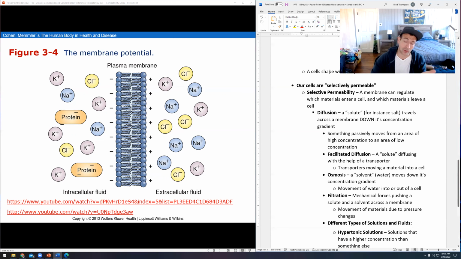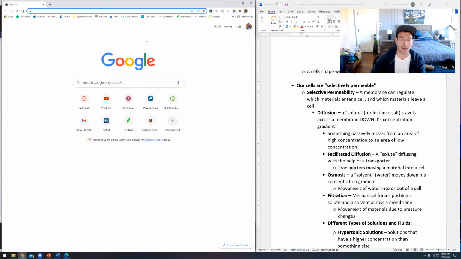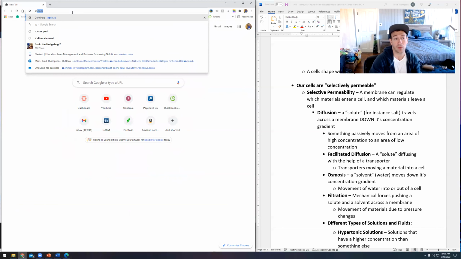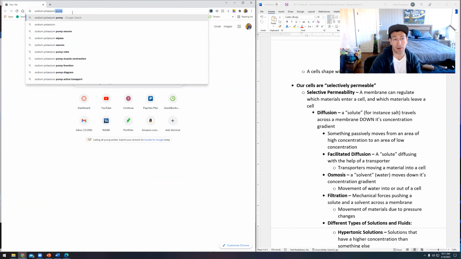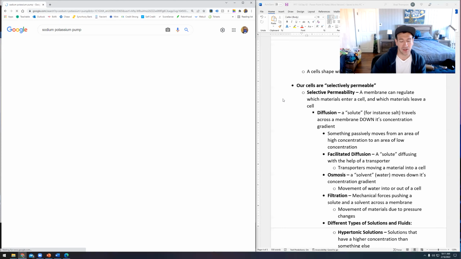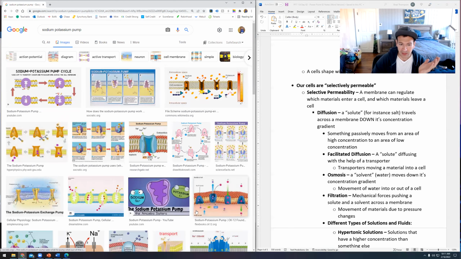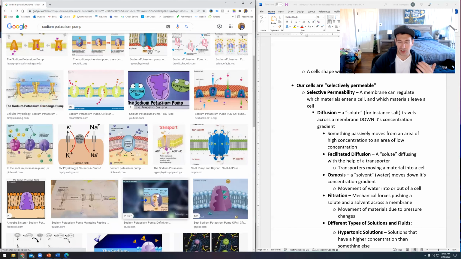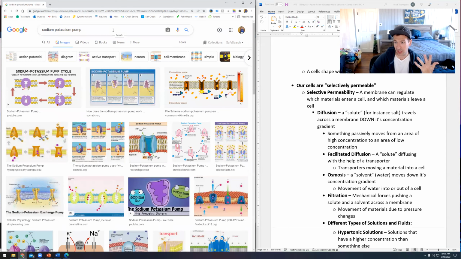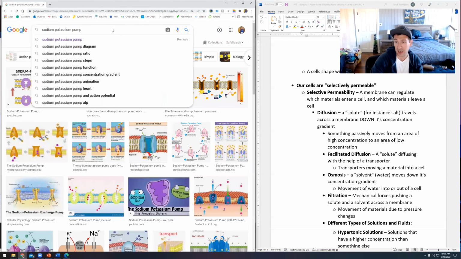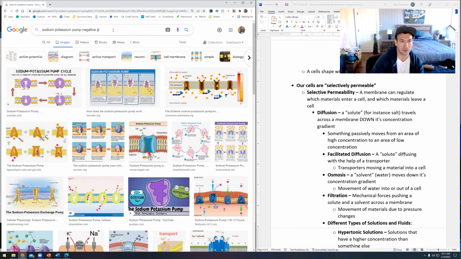One of the really cool things that your body can do is push sodium from one side to the other, and push potassium in the opposite direction. It does this through what we call the sodium potassium pump. What's so cool about this is that it changes the charge. Suddenly one part of your cell is now negative and the other part is now positive, and it used to be the other way around. Sodium potassium pump.